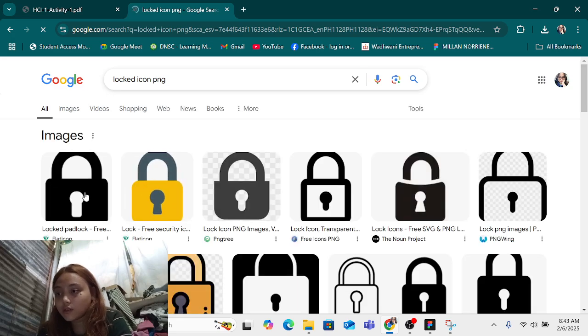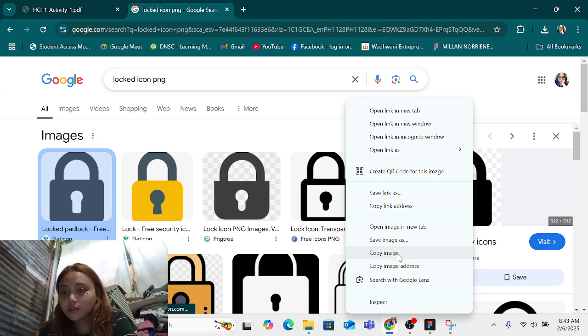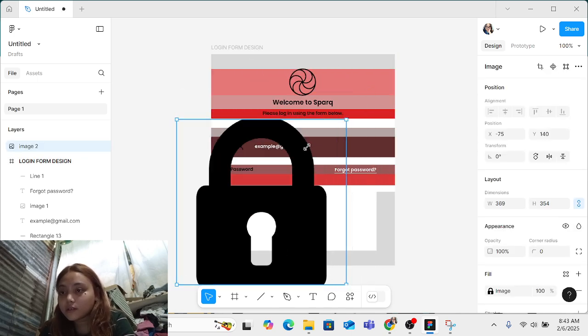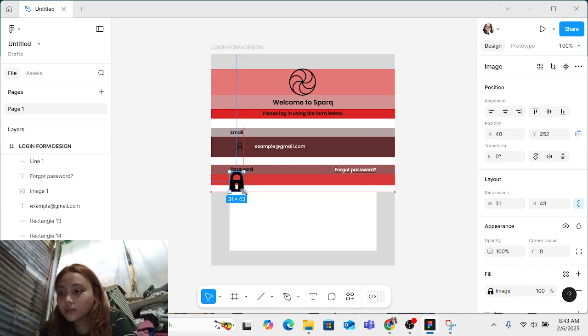Lock icon PNG. Let's copy this one and again place it right here and resize it how you want it. It depends on you personally.